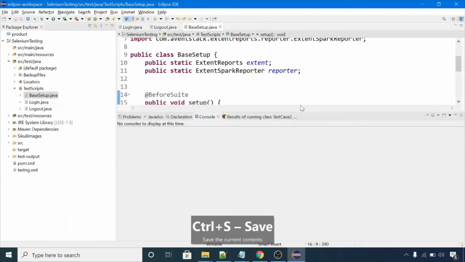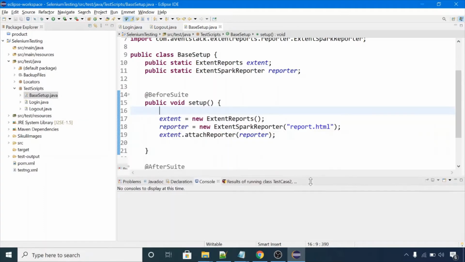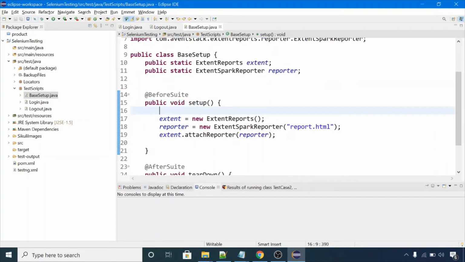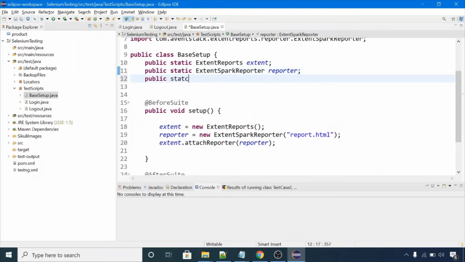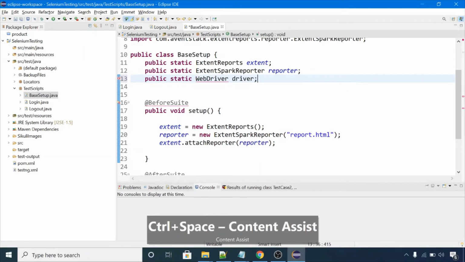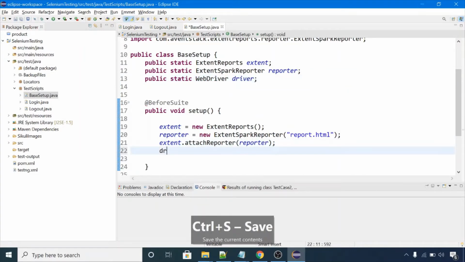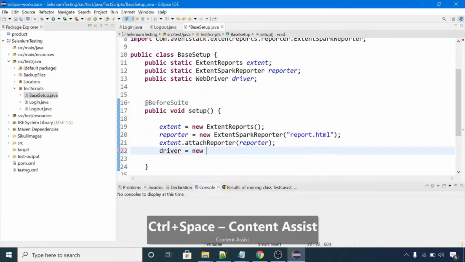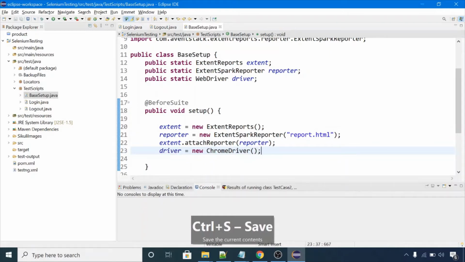Now we have created one base setup class. In this class we have BeforeSuite and AfterSuite annotations plus two static objects, ExtentReports and ExtentSparkReporter. And if you are working on Selenium WebDriver, you can do the same thing in this class. You can just use public static WebDriver driver, and in this setup you can create the driver object: driver is equal to new ChromeDriver.